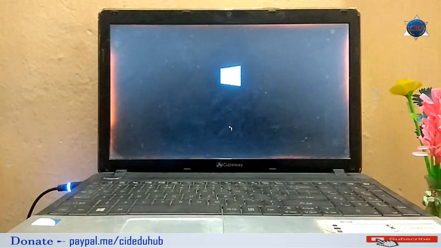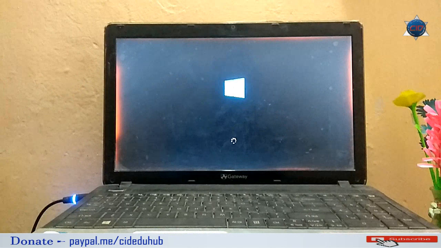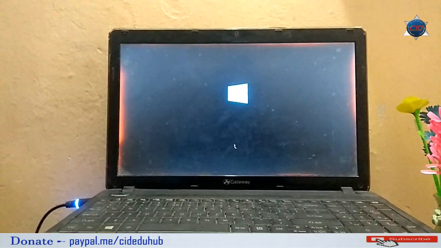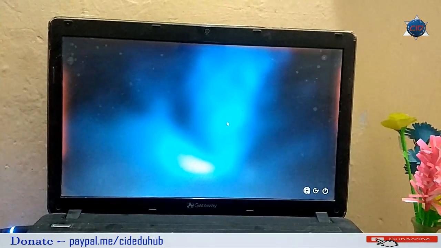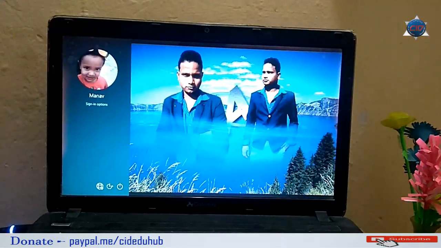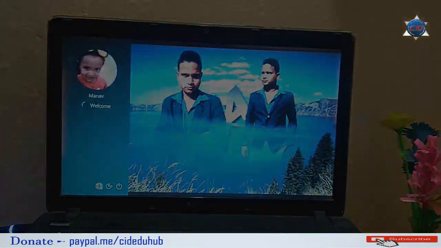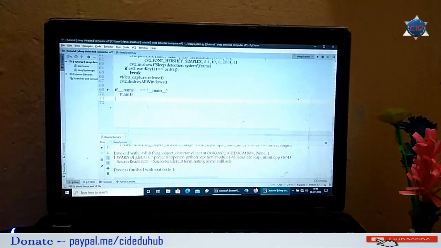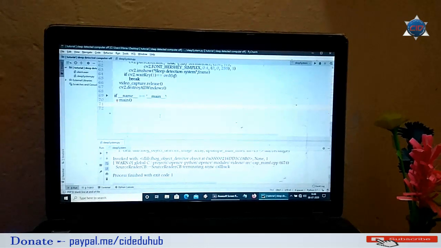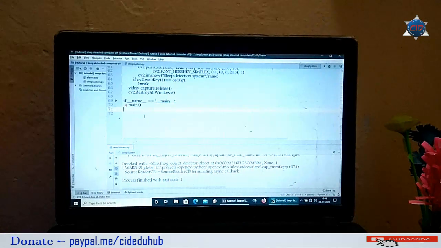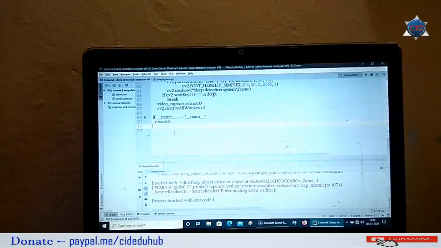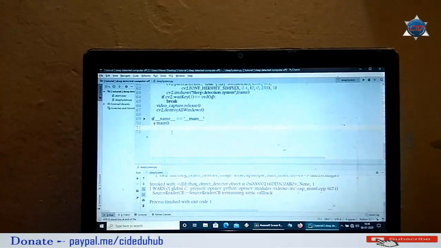Let's see if all our processes are paused or closed. And as you can see, all the things are open and not closed. So it's working fine. You can install it on your computer and enjoy the software.